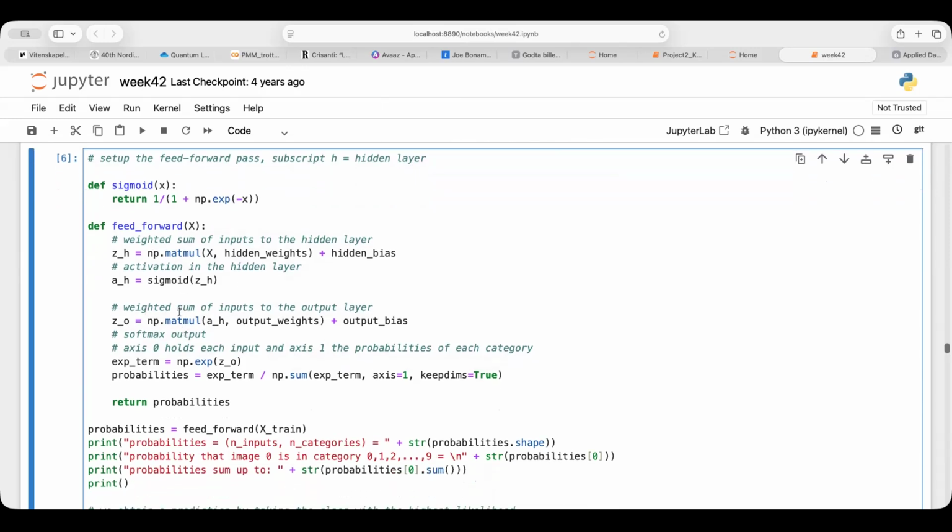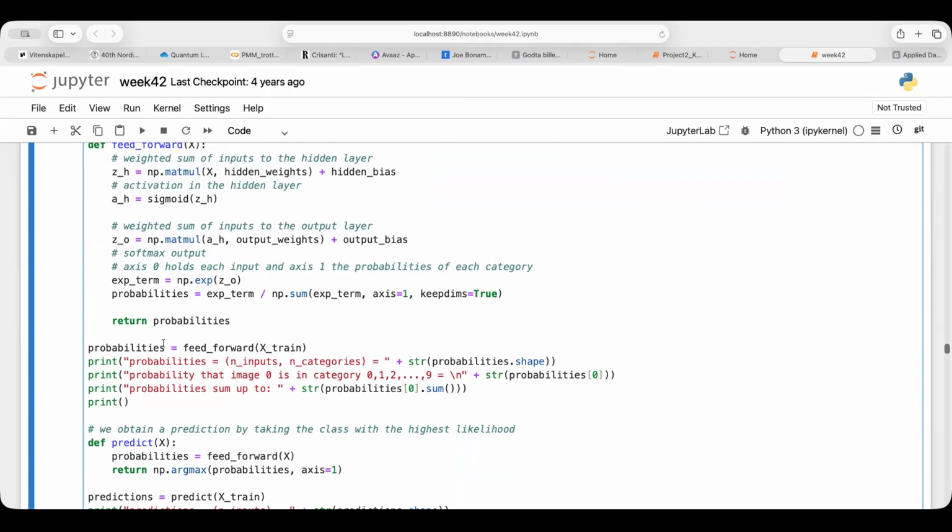And then I have the weighted sum of inputs to the output layer, which is now given by a multiplication of the output from the hidden layer and the weights of the output layer plus the bias here. And then I have an output, which is now given by the probability, this C0, divided by the sum. So this is nothing but the activation function for the softmax function, and that returns the probabilities. And the probabilities are then given by the feed-forward multiplied with this X train here. And then if I do that,